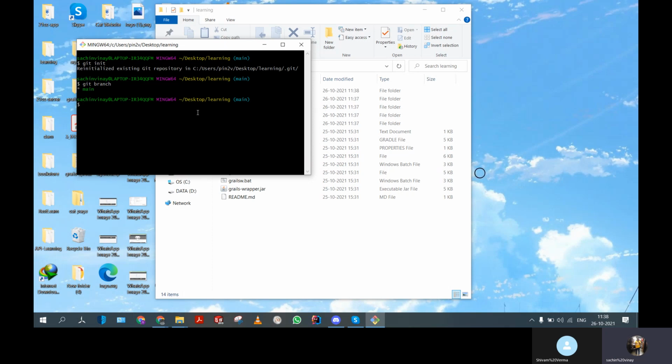Now if I want to create one new branch so that I can create a merge request from that branch, I will create one branch with whatever name I want. So let's write git branch and then the name of the branch you want, like localhost or Sachin Vinay.